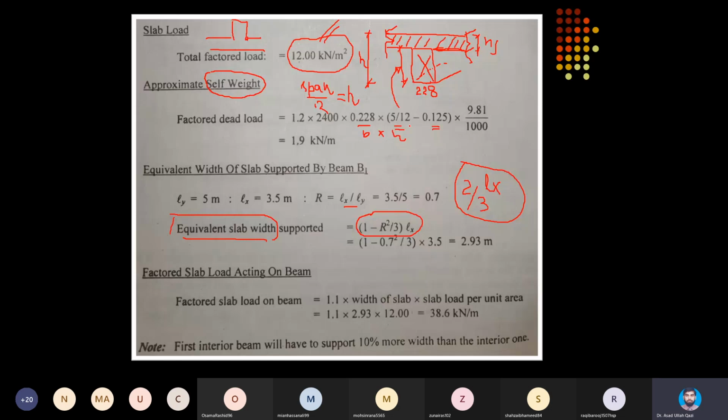So span by 12 minus 0.125 will give me this depth below the slab,